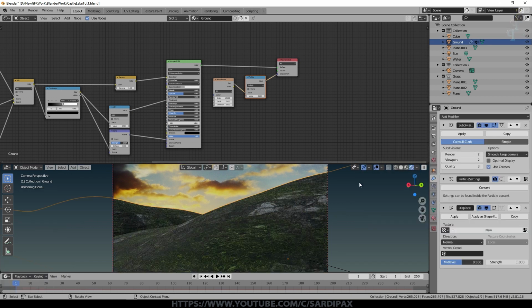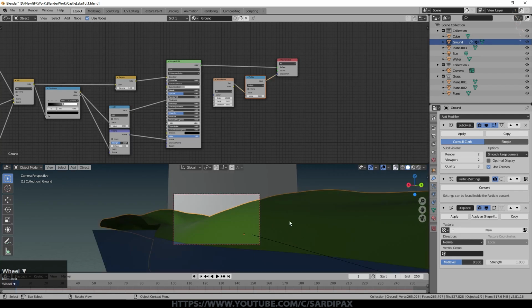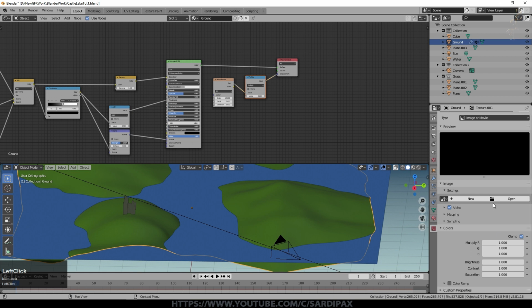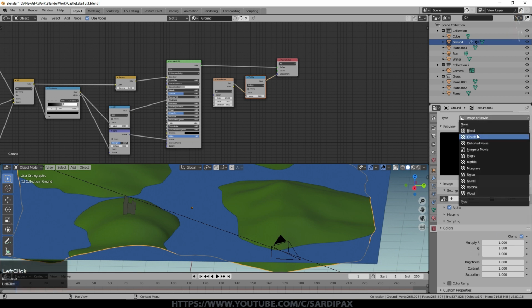It's going to go all over the place at this point. So we'll go to this view. We'll say new for texture. We'll use the UV coordinates and make sure it's using the right UV map. Turn the strength down to something like 0.01, and then we'll go to the texture and change that to clouds.